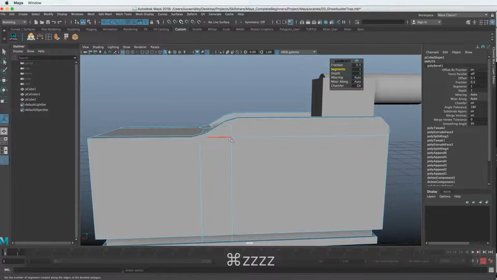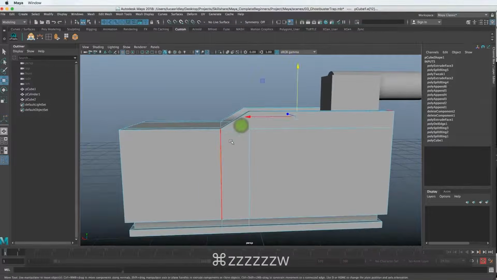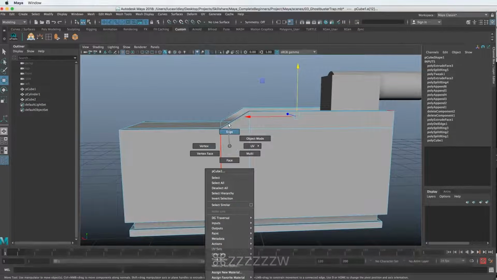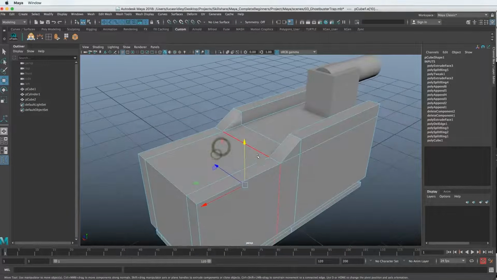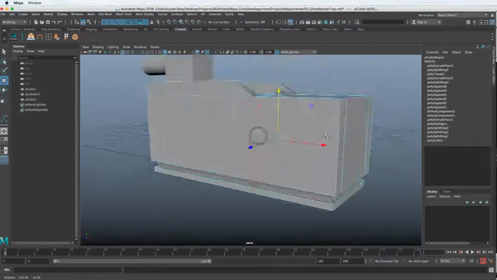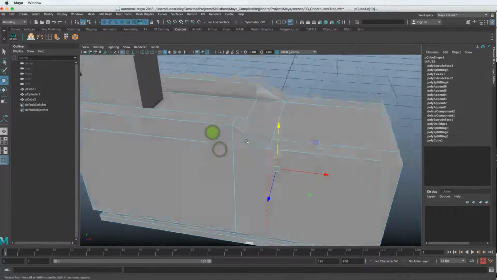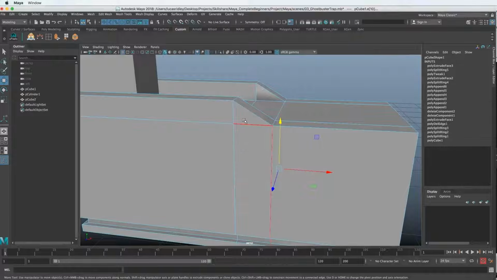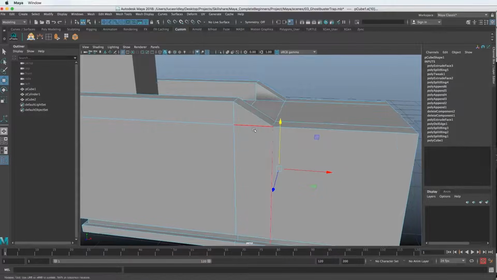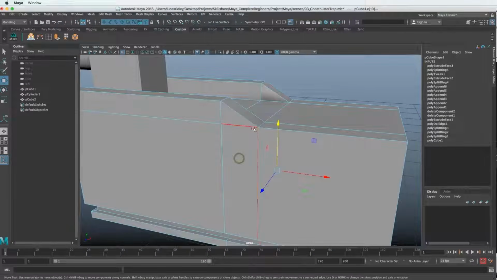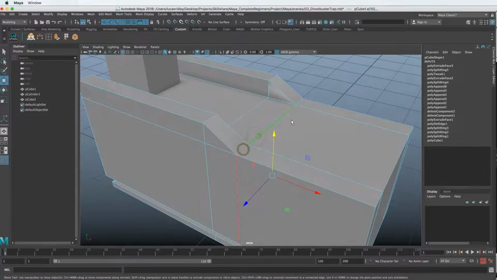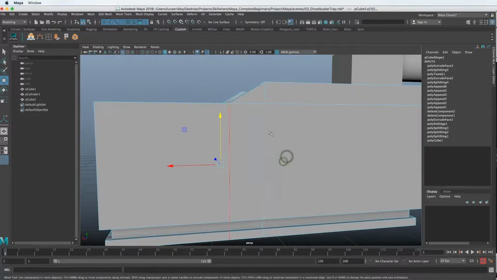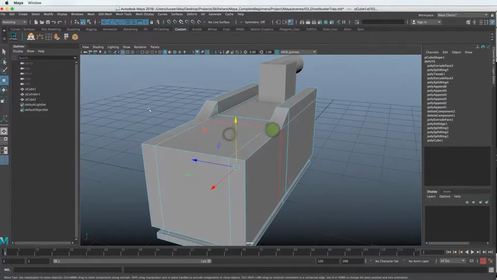And the thing I want to do actually is to move these closer together. So I'm going to go to the edge. I'm going to double click this. You can see because now this is a triangle. So in Maya, it only likes quads. Everything in this model so far is a quad, meaning 4 sides, except for this. So when I double click it, that's why it doesn't select this edge loop, because it stops here on this triangle. So just be aware that Maya does not like triangles in that regard.